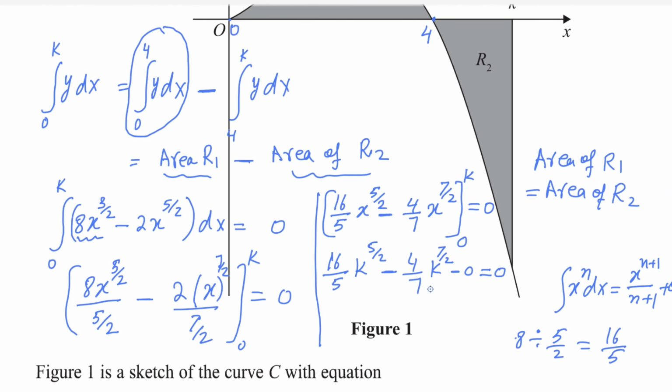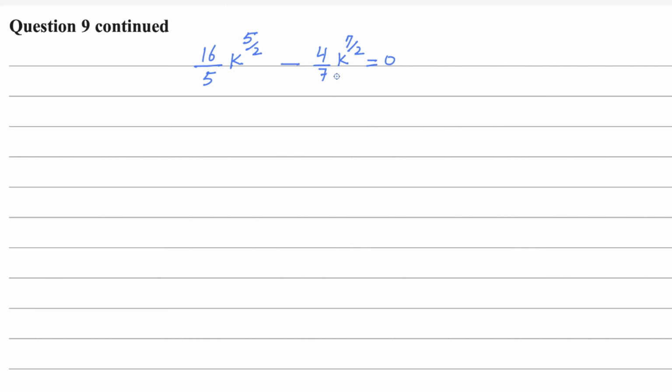You got it? In the next step, you can move this value to the right side. I transferred my result over here in this given space, so I will continue solving this one. This value moves towards the right because it is minus, it becomes positive on the other side. So it will be 16 over 5 k to the power 5 over 2, minus becomes positive, so it is equal to 4 over 7 k to the power 7 over 2. You can divide this one to the right side. Got it? And because this value k is greater than 0,